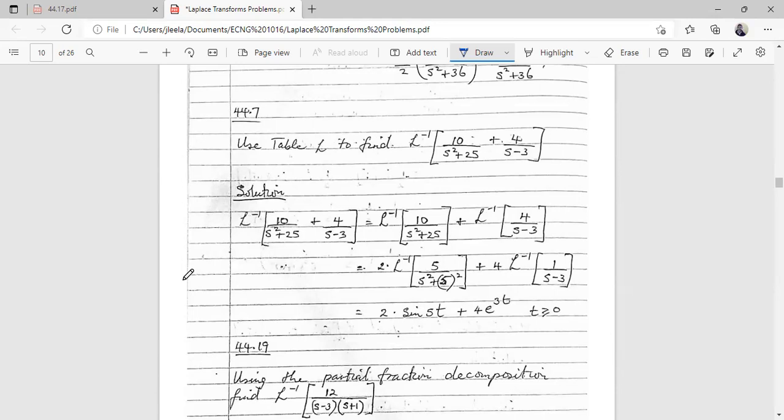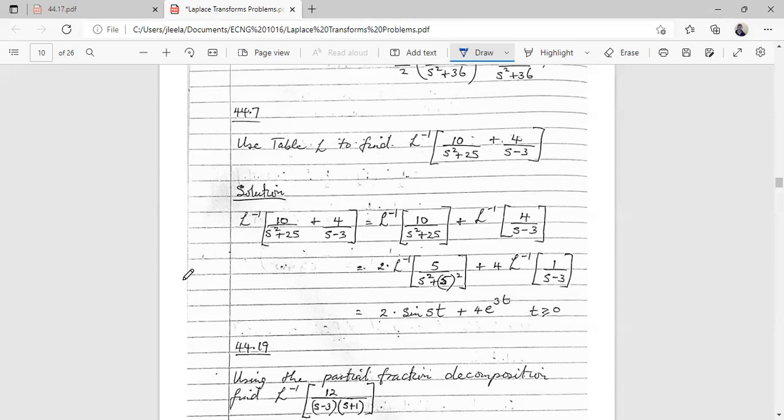Right, so that was a lot of work there with taking the Laplace, and now we're looking at the inverse Laplace, right? From what we did in the lecture notes, we could be able to figure out some of these inverses. So you want to find the Laplace inverse of 10 over s squared plus 25 plus 4 over s minus 3,